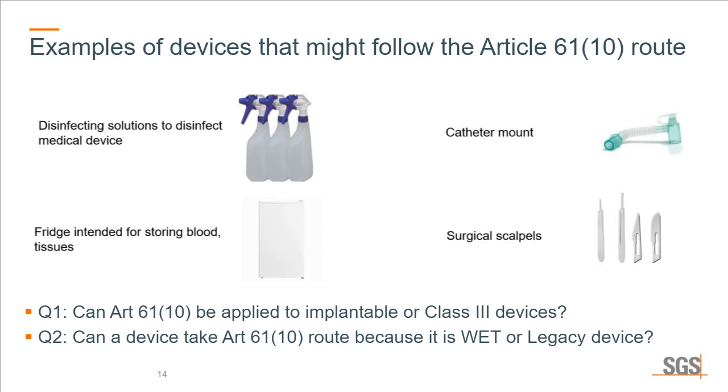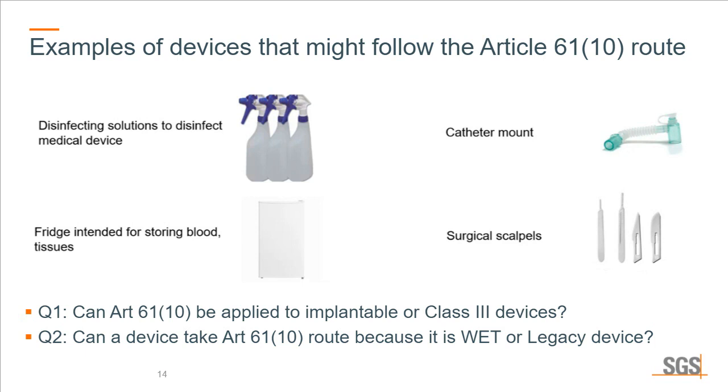So the things that you would generally consider are, first, the risk of the device. Most of these are low-risk devices, class 1 devices typically. And the second is the nature and duration of the patient contact. So you can see that 3 out of 4 devices do not have patient contact at all. And for the surgical scalpels, the patient contact is of very short duration, transient use.